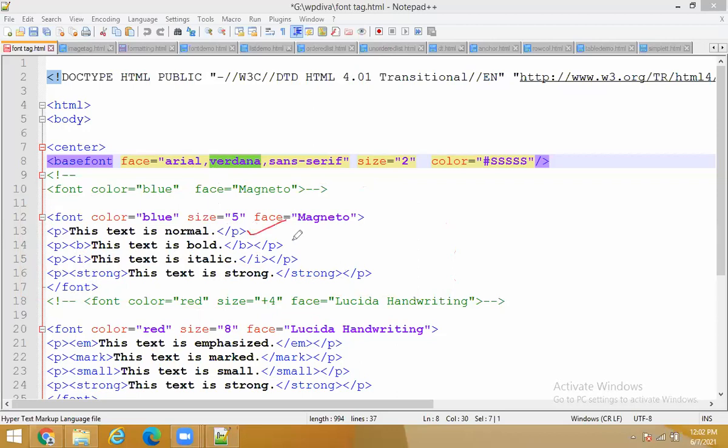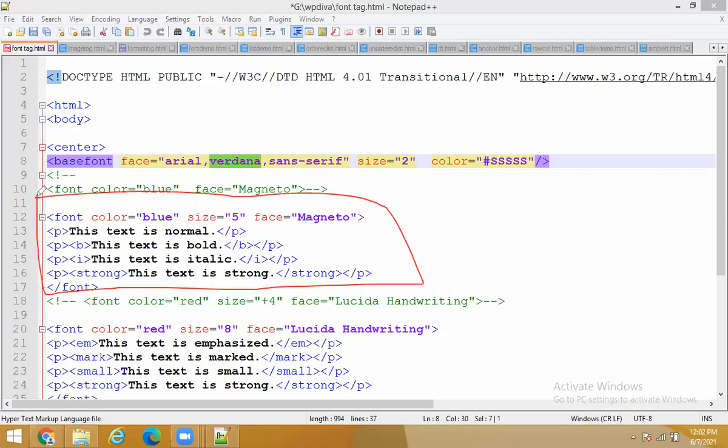The text is normal, the text is bold, the text is italic, the text is strong. For these four lines, I am applying font color equals blue, size equals 5, face equals magneto. Magneto is also one font style. I am applying these properties only for this area.